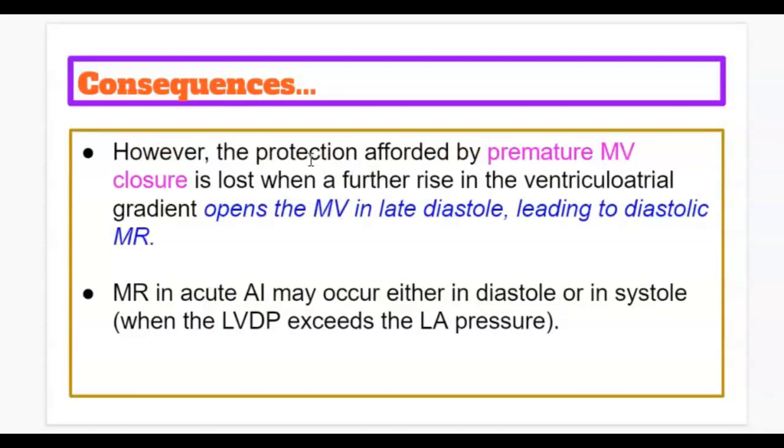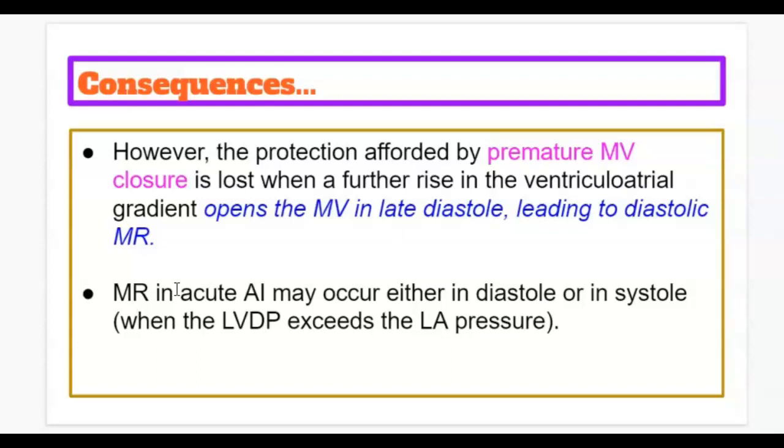However, the protection afforded by the premature mitral valve closure is essentially lost when a further rise in this gradient between the LV and the LA opens the mitral valve in late diastole, leading to what we call diastolic mitral regurgitation. Maybe some of you have seen that in your clinical sites. It's kind of interesting